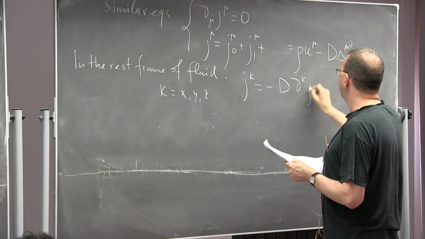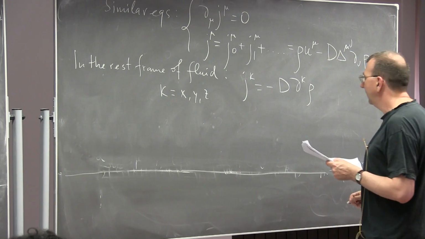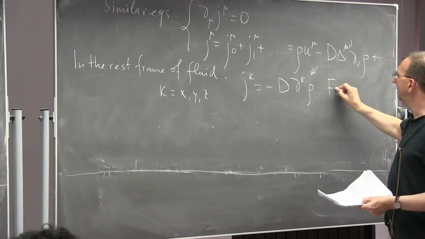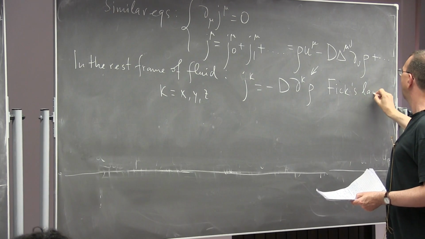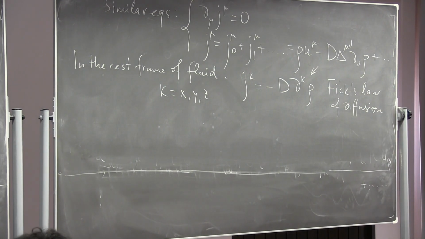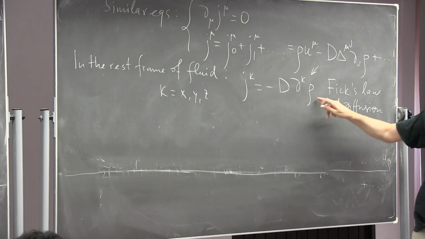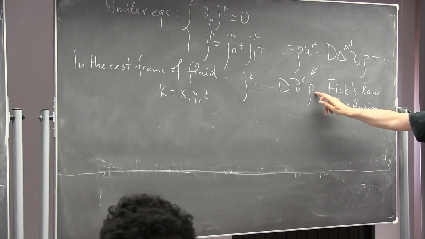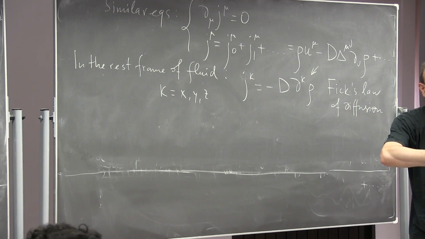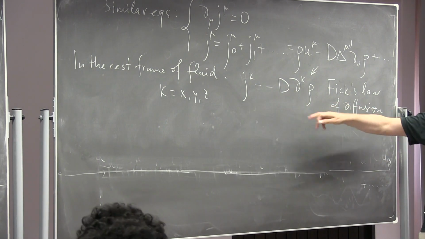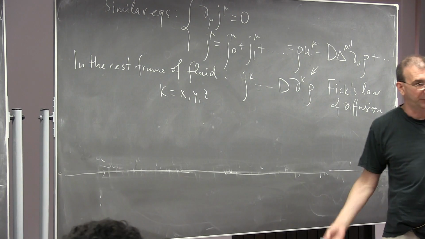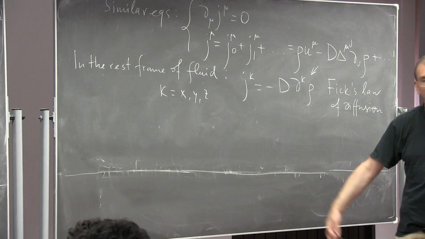It will give you just the gradient of the charge density rho, right? And this is known as Fick's law of diffusion, which simply tells you that if you have a slightly non-homogeneous distribution of charge density rho, then the current will flow from high concentration of charge to low concentration of charge, right? And to linear order in gradients, it will be proportional to the gradient itself. And the coefficient of proportionality is called the diffusion constant, right? So this is 19th century sort of, right, Fourier and so on.